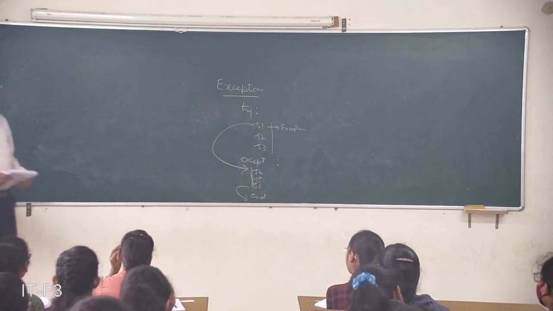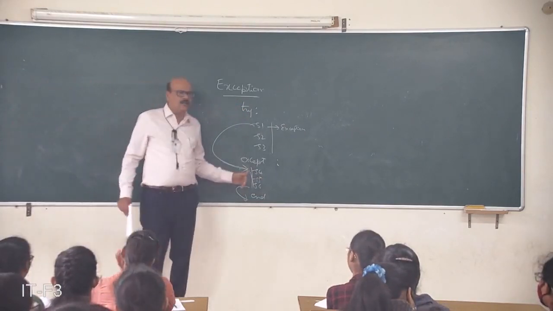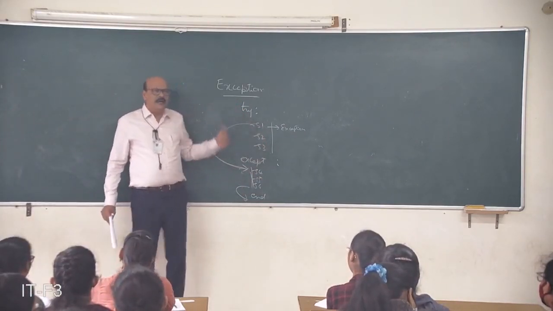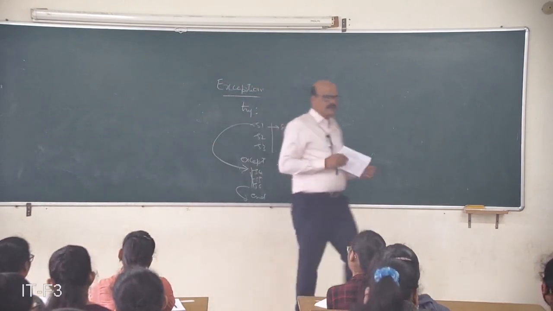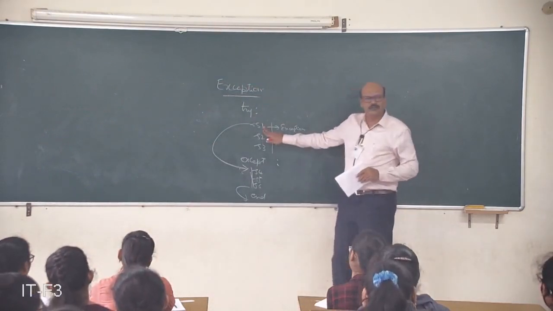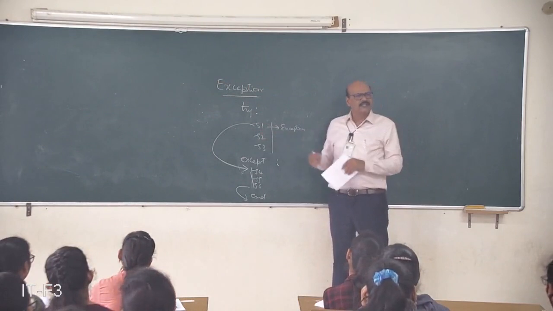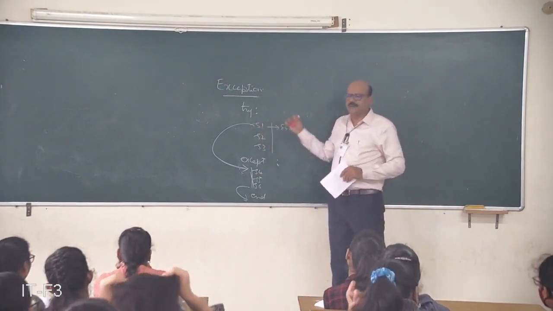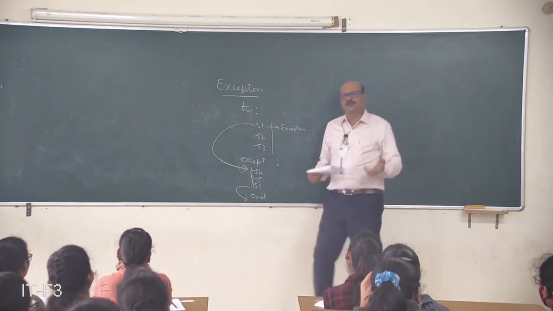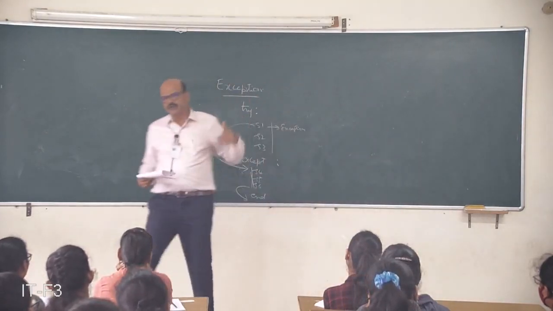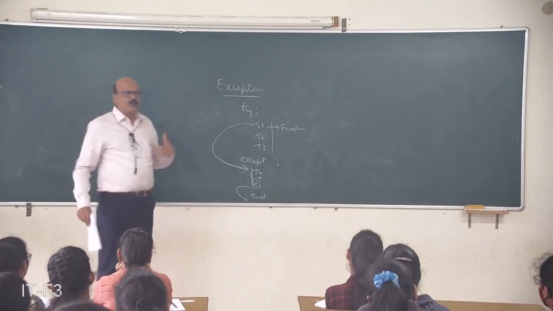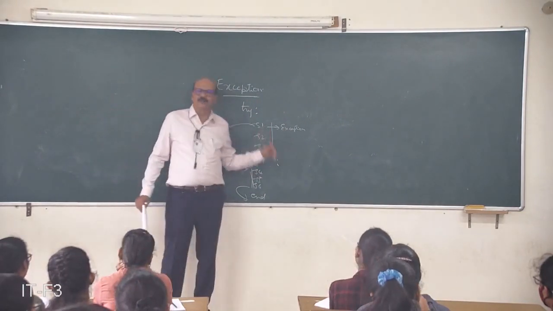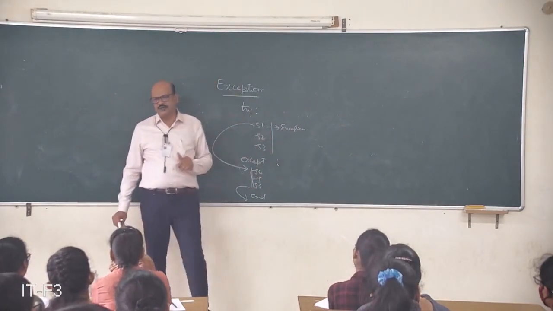When you provide a try except block, earlier if you don't provide it, say S1 is going to raise an exception. Whenever a statement raises an exception, in normal cases the program execution comes to an end. There itself, so and so exception has been raised, so the program terminates. But I don't want that termination. I want the program to normally complete its execution.